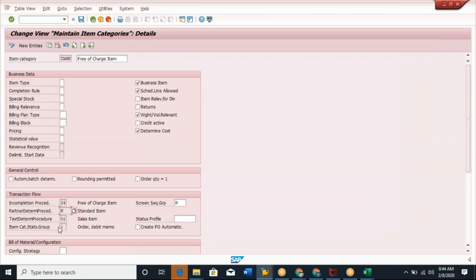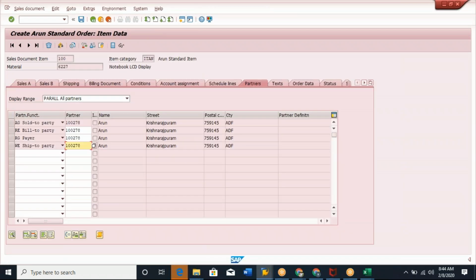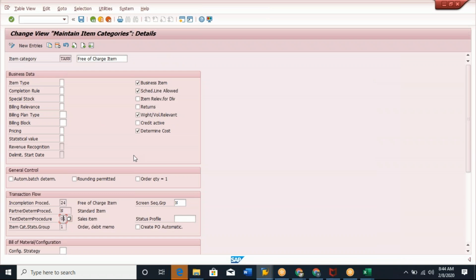You understood? And then the text determination. So what text items are mandatory, and how the text determination has to be done in the sales order processing for this item type. That also tells you. So like this,